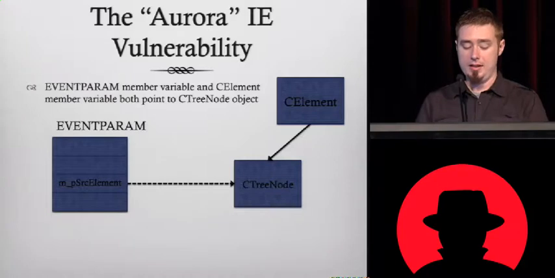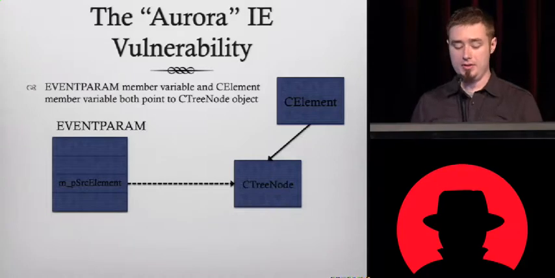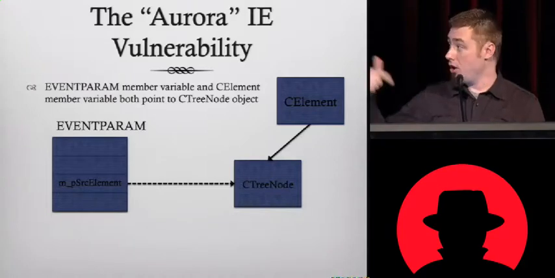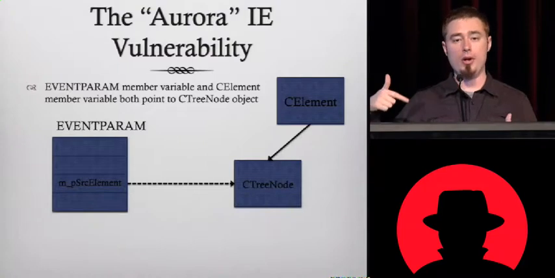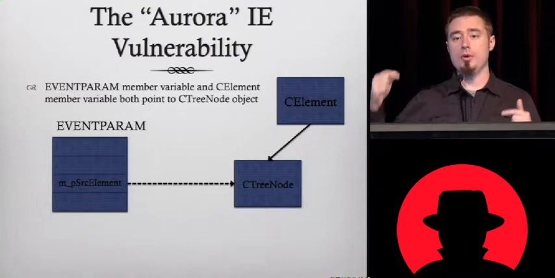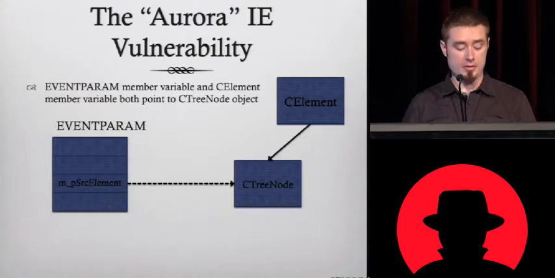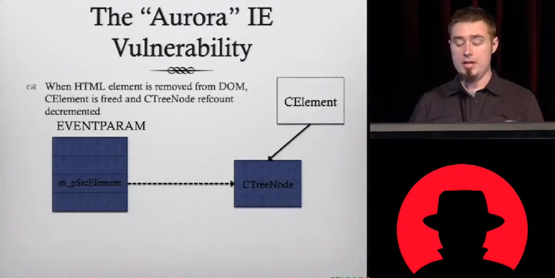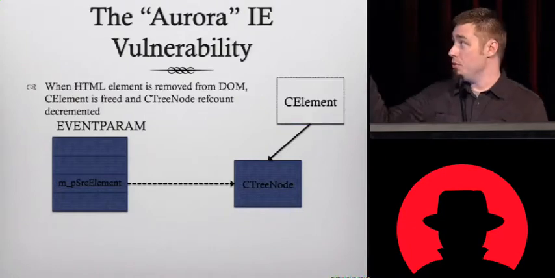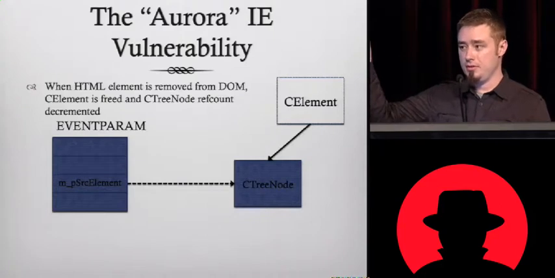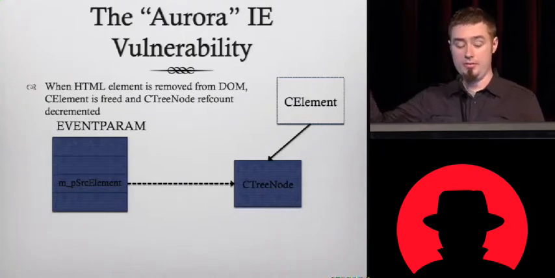So this is basically what I said here. The event param has a weak reference to the C tree node, and the C element also points to the C tree node. So we have two pointers to the same C++ object, but only one of them is reference counted, the other isn't. So if you wrote JavaScript to remove the corresponding HTML element from the DOM, what